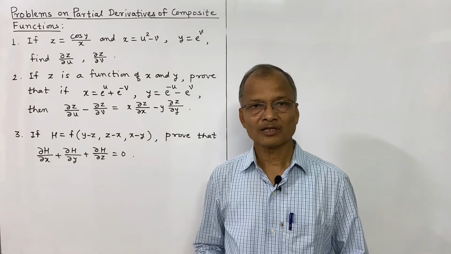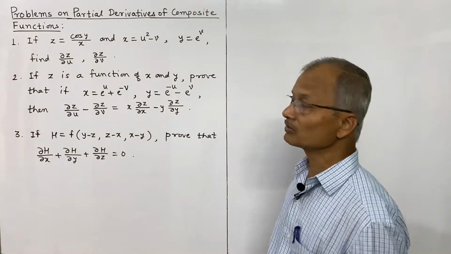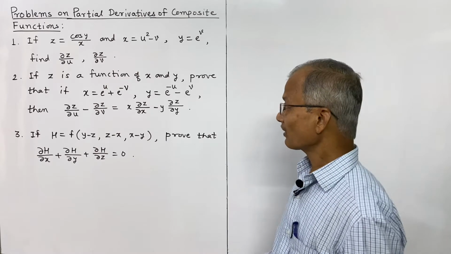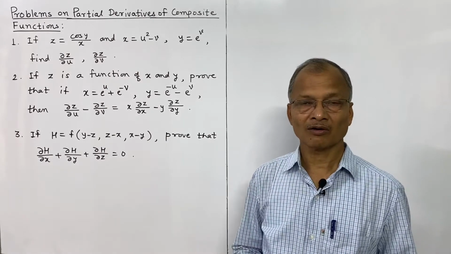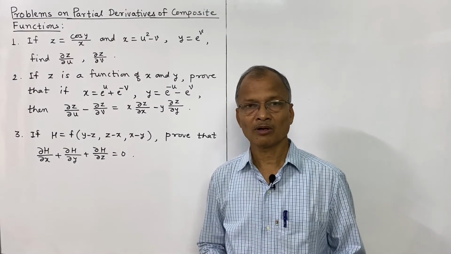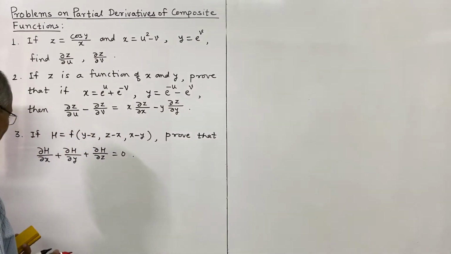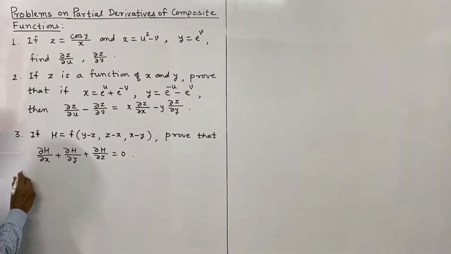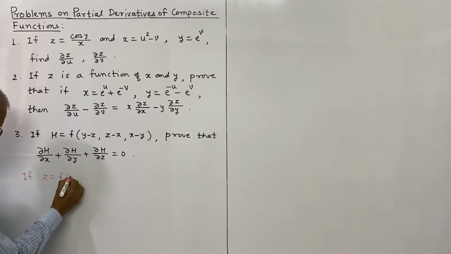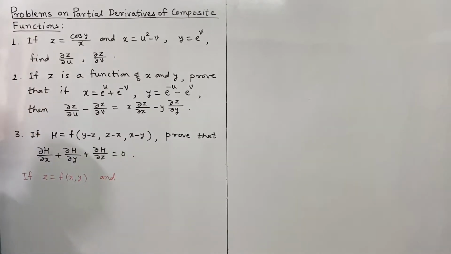In this lecture we shall solve some problems on partial derivatives to find partial derivatives of composite functions, that is, using the chain rule. In our earlier lecture we have seen, or actually proved, the rule of partial derivative for composite functions, and that is also known as the chain rule. So the rule is, if z is a function of x and y, and x and y are functions of u and v,